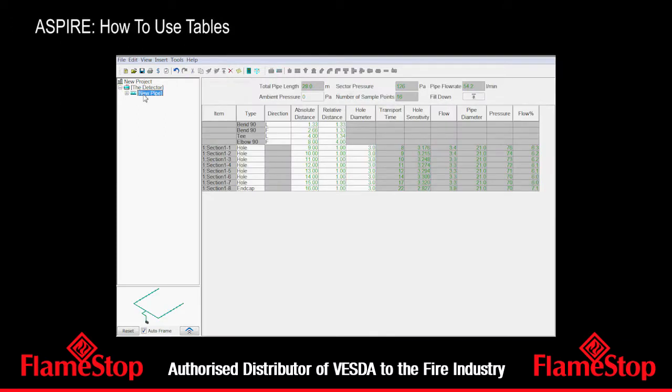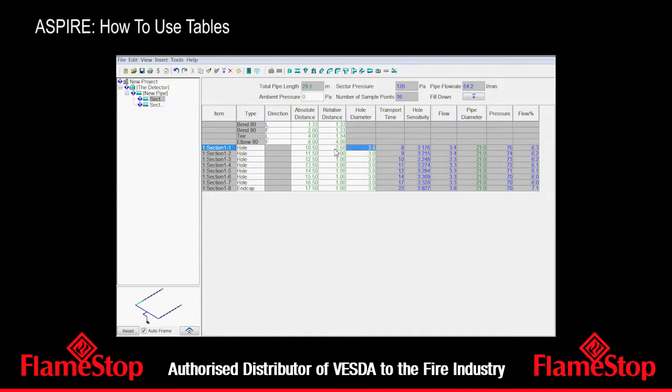Well, what else have we got here? As in any grid, we can use our cursor keys to move around and readily edit the cells. So we can either hit F2 to go into edit mode, or just directly start typing for these sort of simple fields. So here I'm going to just change that to 2.5 meters, and I'm going to change that hole size to